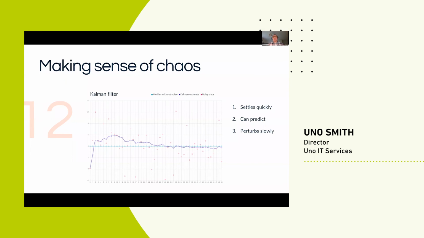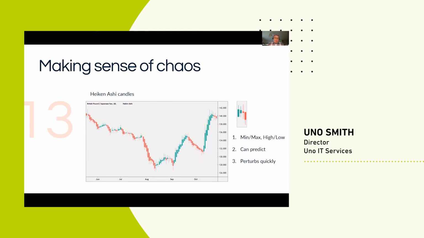I tend to not look in the data science space for a lot of this stuff. So the next example I'm going to show you is out of the finance world. The finance people will recognize this instantly. These are Heikin-Ashi candles, and they store an interesting bit of information. Those four little candles that I've put on the right-hand side are the four different types that you get. I show you min, max, high, and low.